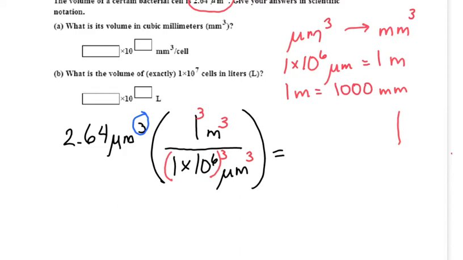So what this really is saying is 2.64 divided by 1 times 10 to the 6th cubed. So let me do that on my calculator real quick. 1 times 10 to the 6th cubed. And our answer is 2.64 times 10 to the minus 18th